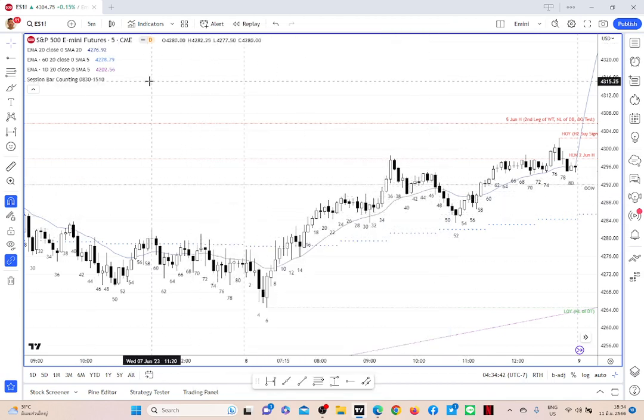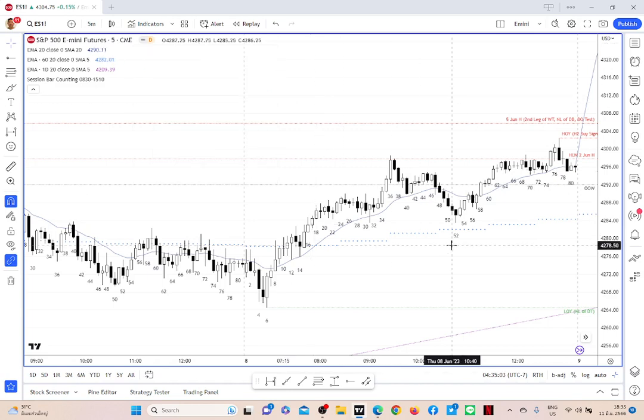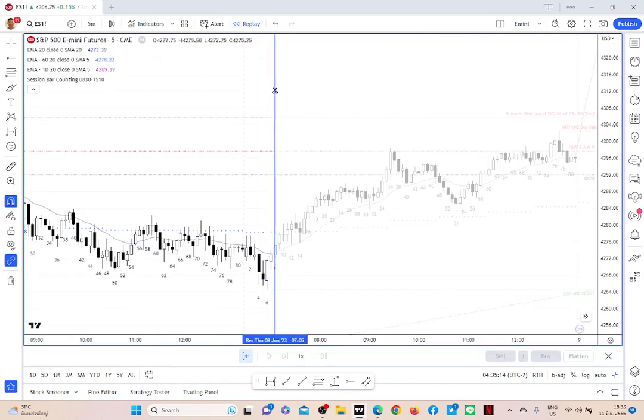Okay, you could see that normally if you use it for free, the data is delayed. It means you have to pay an extra fee if you want to trade it in real time. But for practicing, no need to pay that extra fee to CME market. Okay, and then you choose this icon, the replay here,